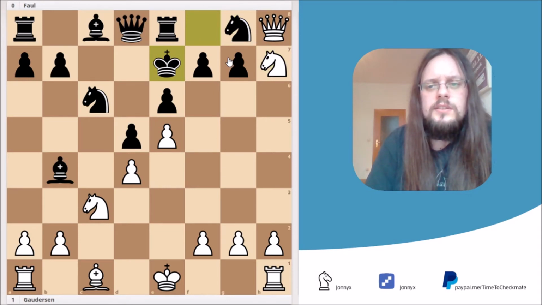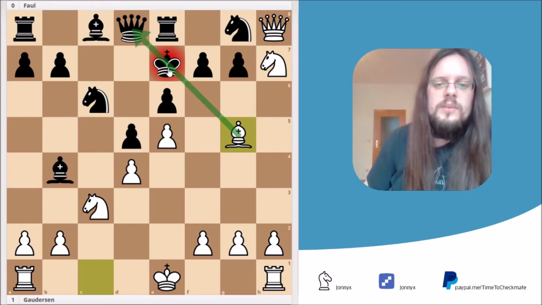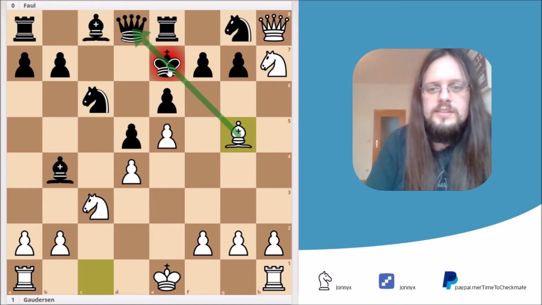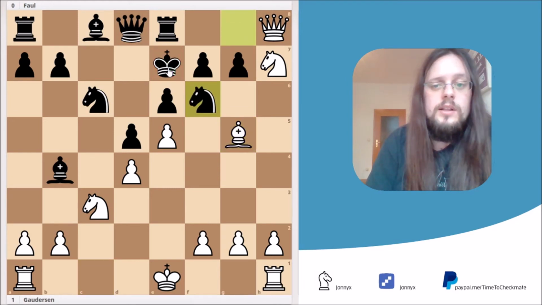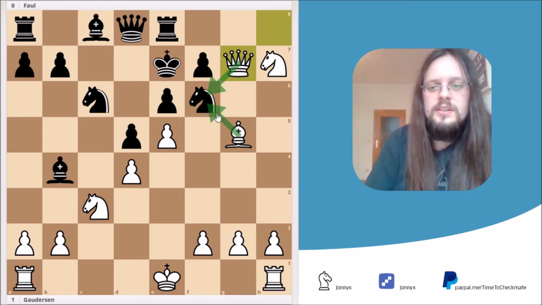Queen takes, bishop g5 check. So if the king would move, we would win the queen. So he has to play something. Let's say knight f6. Well, and then we just simply can grab the pawn on g7. And now we're threatening to take the knight on f6, so he has to move away his king, and well,